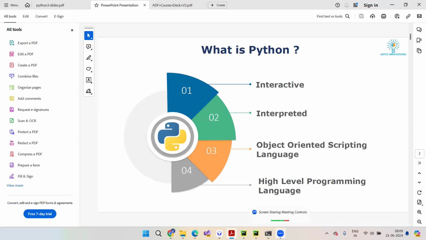Many of them are considered to be easier, and many of them are considered to be complex to learn. So why this complexity, and why is one language considered easier? There will be some differences in the languages, correct? That's why people go towards certain languages. Somebody will say, I want to learn only Python, and somebody will say, no, I want to learn only Java. Like this, there may be a perception about a language.